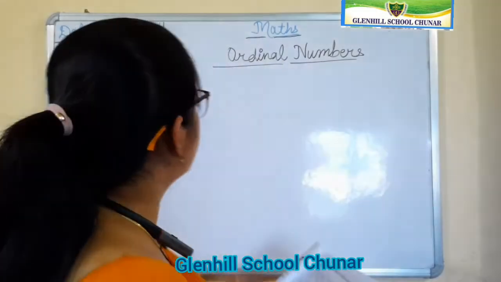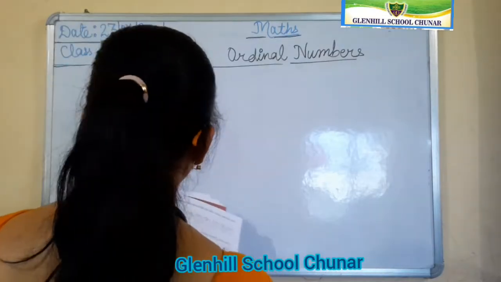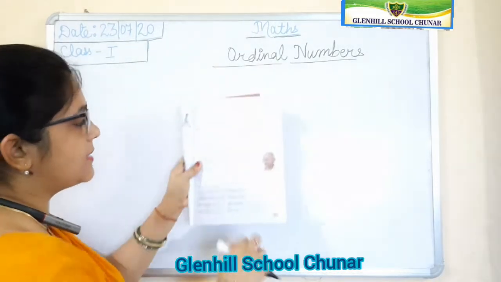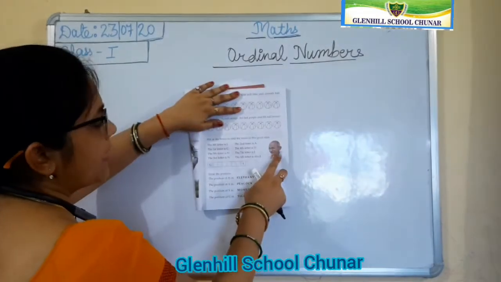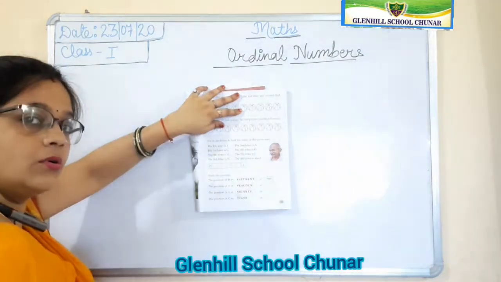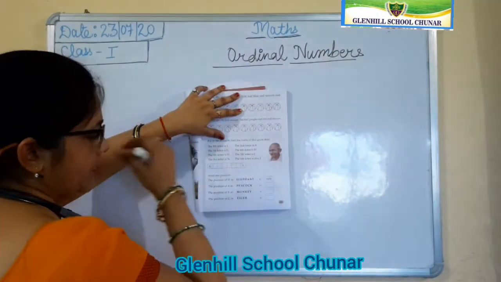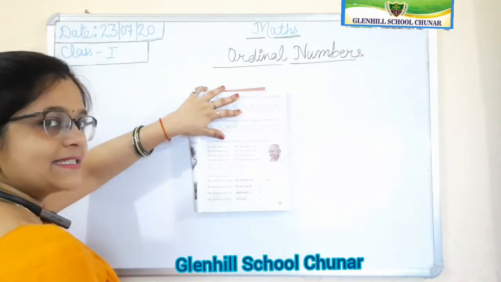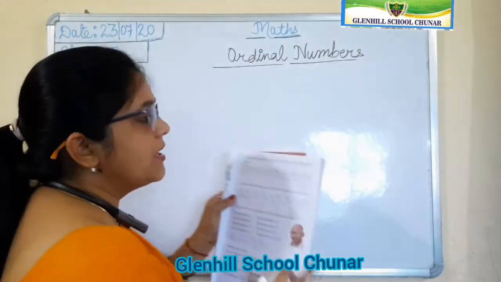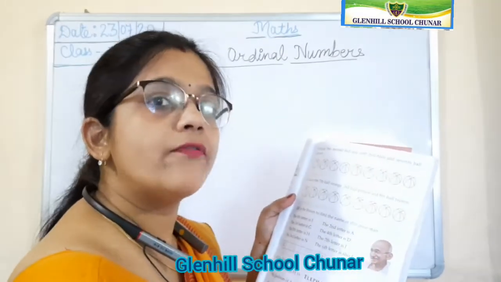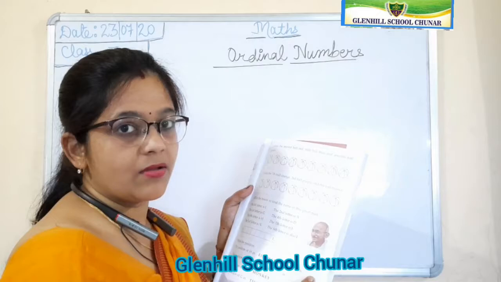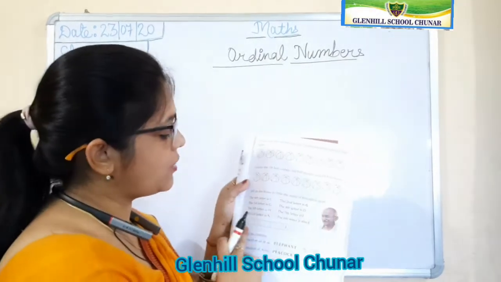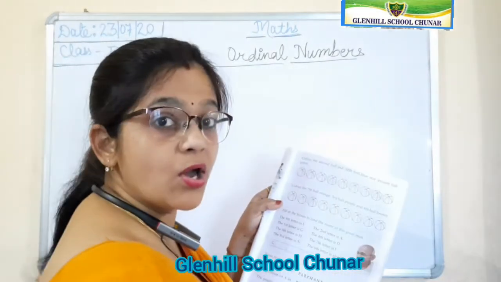Now one more question is given. Okay students, see, fill in the boxes to find the name of this great man. See here, this great man, do you know the name of this man? Who is he? He is the father of the nation, and his name was, or his name is, Mahatma Gandhi. So here you have to write down Gandhi, but how are you going to write it?